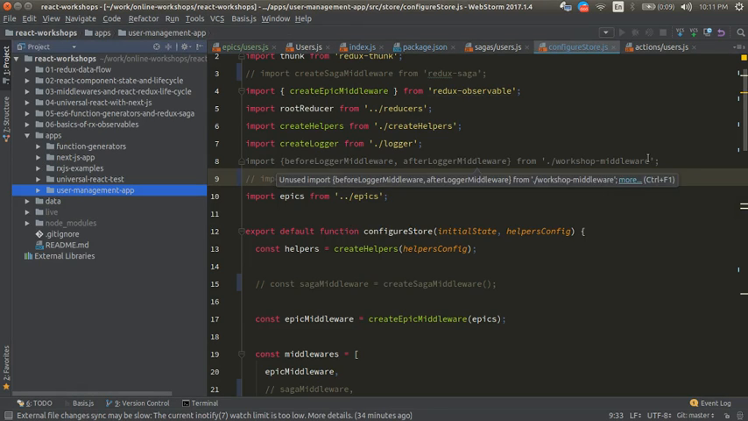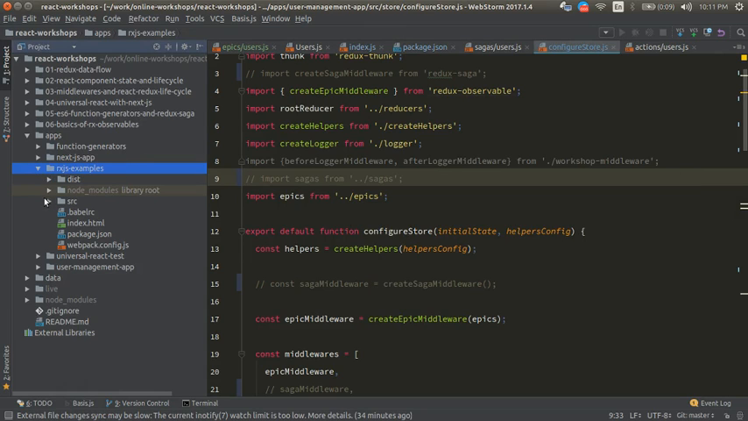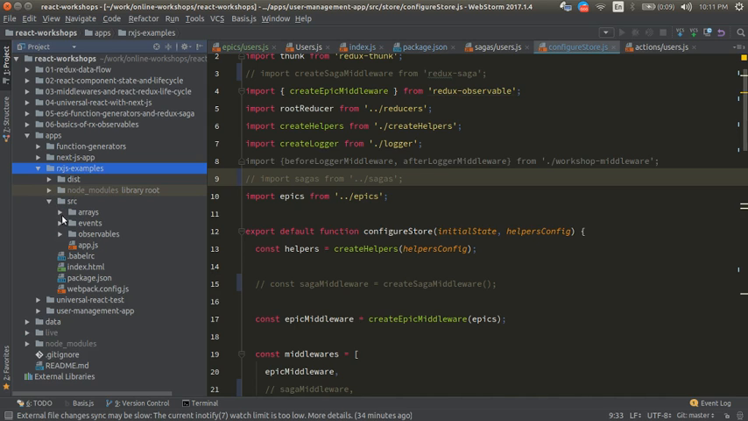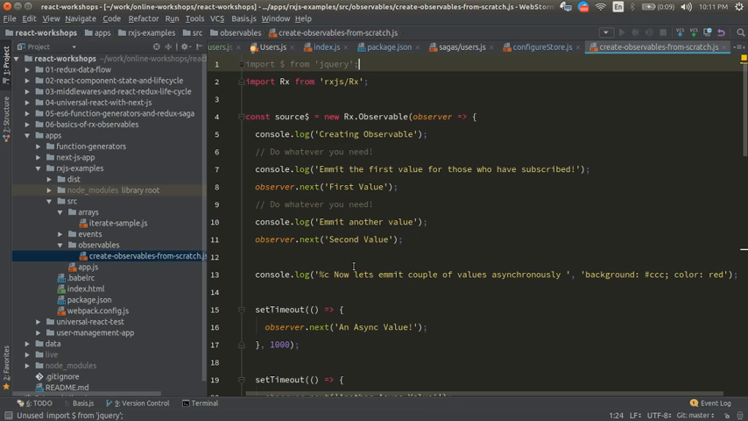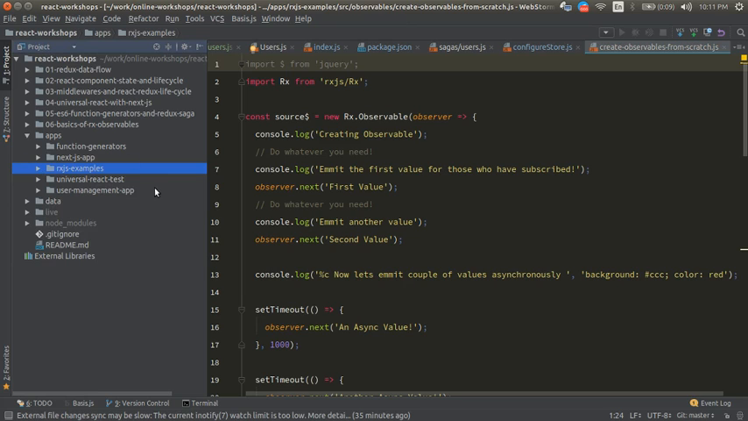Let's get started. In the previous session, we covered the basics of redux-JS. I had created this project called redux-JS examples, and I had created different types of examples based on different features of redux-JS: observables, arrays, events, and observables from scratch. But now we are going to use that in practice